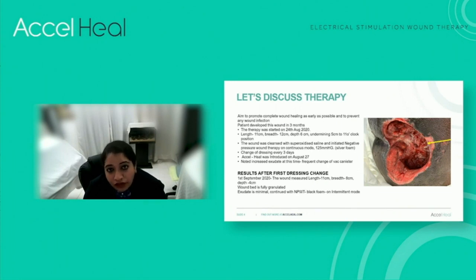AccelHeal was introduced after the third day because I did not get it immediately at the bedside. So we had to order it, and we applied it after 3 days, on August 27, we started with AccelHeal. After applying the AccelHeal, what I have noticed is there was an increased exudate after the application, because